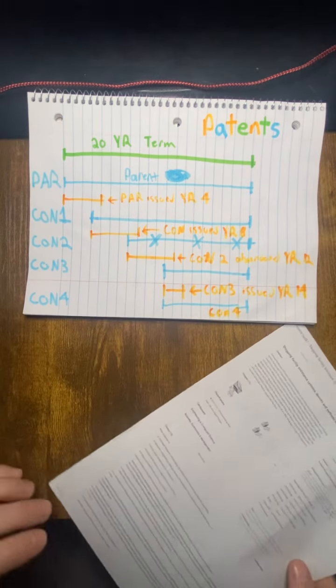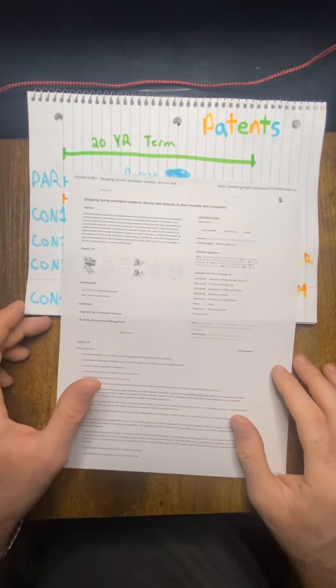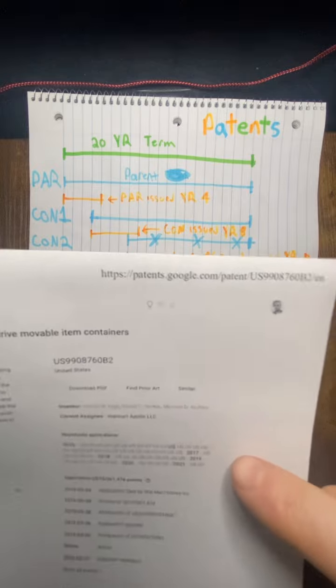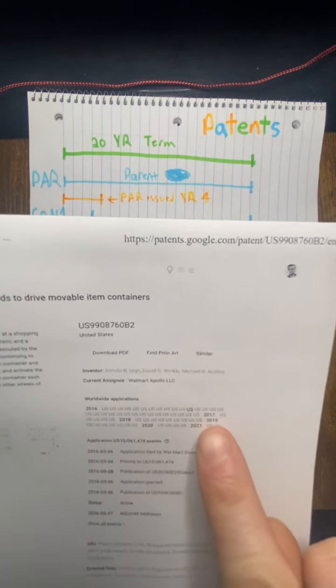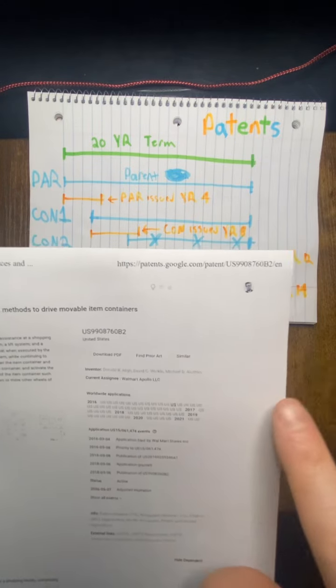And this is important because even in the most mundane inventions, companies want to have disparate coverage, right? So Walmart here has a shopping cart. As you can tell, there's a ton of applications, right? Like each of these US things right here, this is from Google Patents, this represents an independent continuation, right? So they filed like 20 or 30 different patent